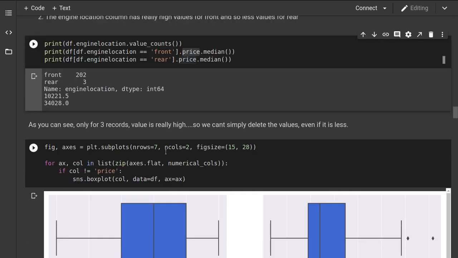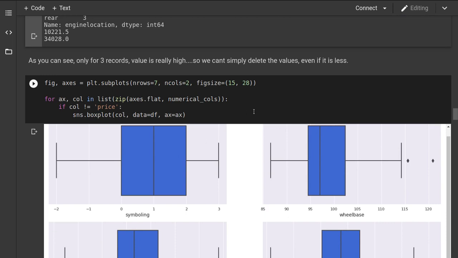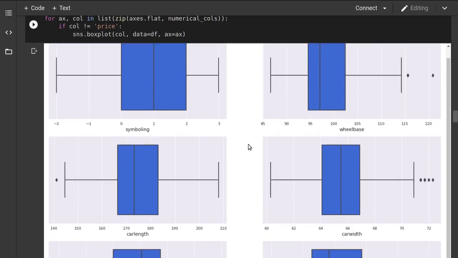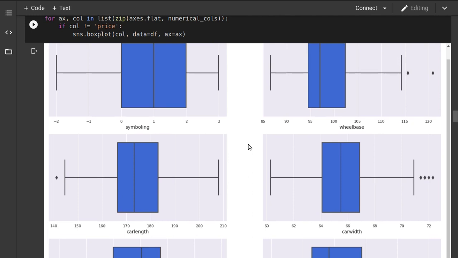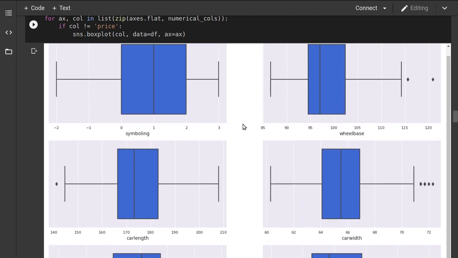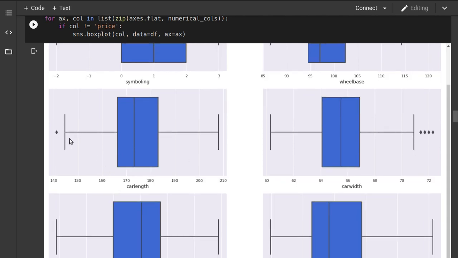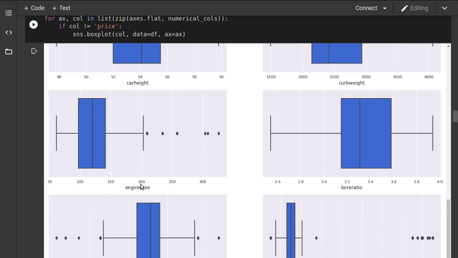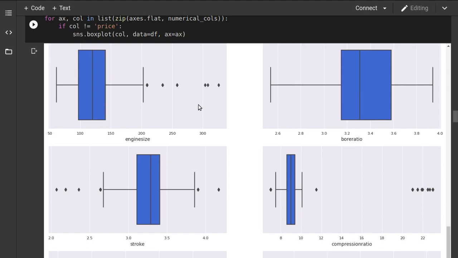So I created a box plot to look out for any outliers in the data. There are some outliers in wheelbase, there are some outliers in car length, car weight as well. There are many outliers.